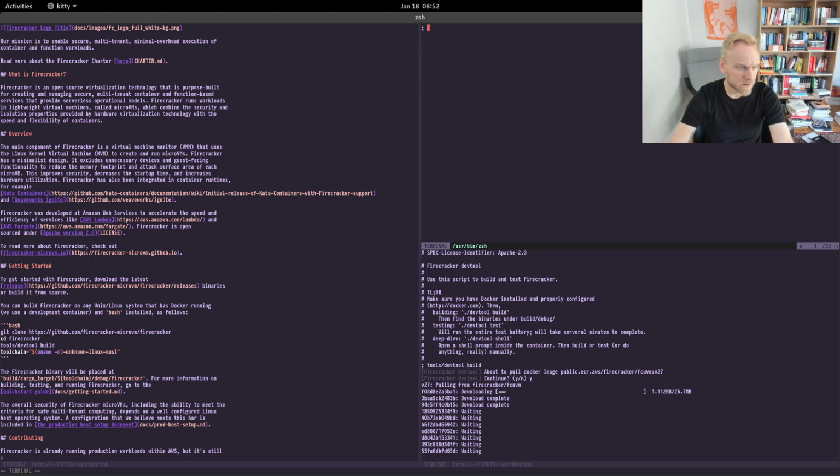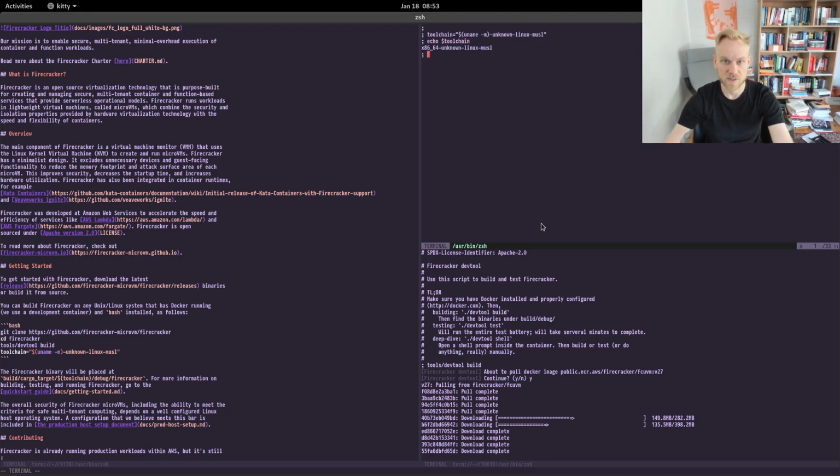And then it wants us to export this. Actually, why am I doing it manually when I can just copy it? There you go. Let me see, it's x86-64 and I'm on Linux.